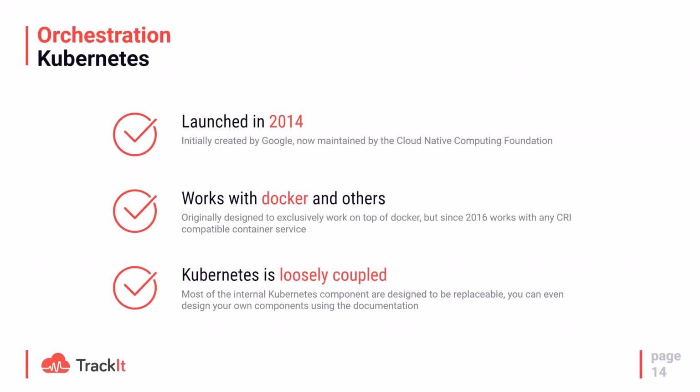And one thing very important, in particular with Kubernetes, is that it's loosely coupled. That's how the documentation defines it. What that means is that every internal component inside Kubernetes is designed to use interfaces. So everything is abstracted. In fact, that means every internal component can be replaced with other components, or you can even develop your own components if you have specific needs that you cannot solve with the default ones. We'll see some examples of that just after.